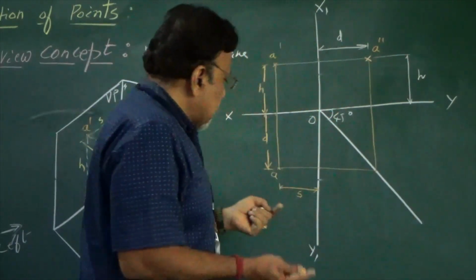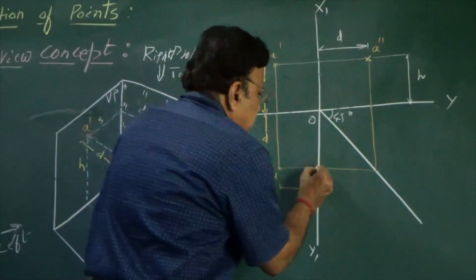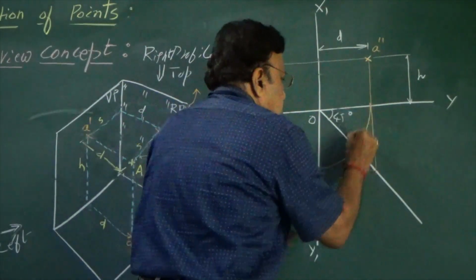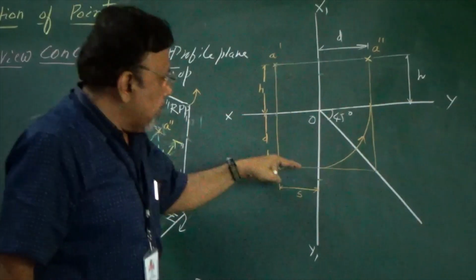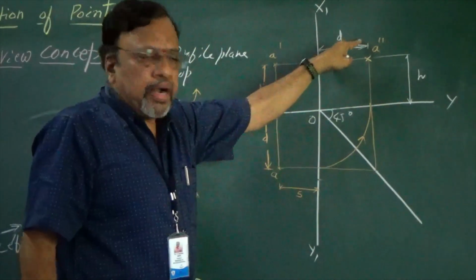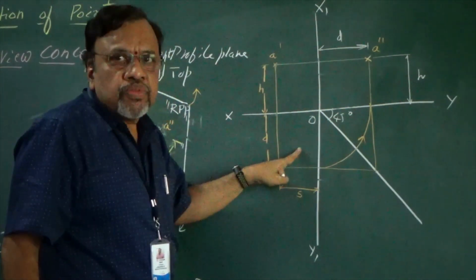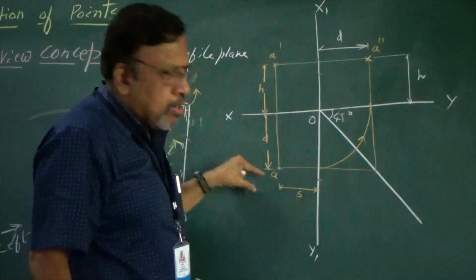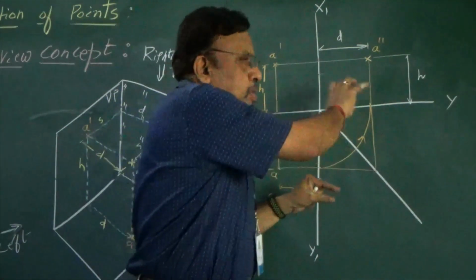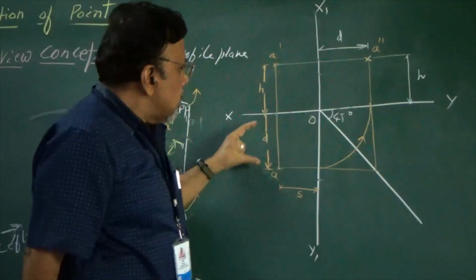Some books also do it differently: I can also draw an arc, and even if I draw an arc, I can transfer the distance. But let us say I have more points here. The d distance will be different for different points, so obviously you need to draw so many arcs. That is not a very meaningful solution.